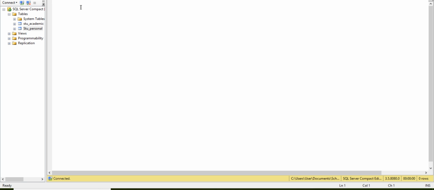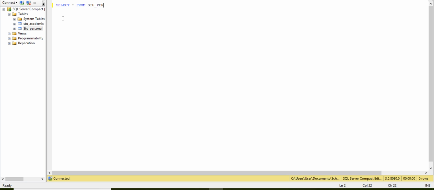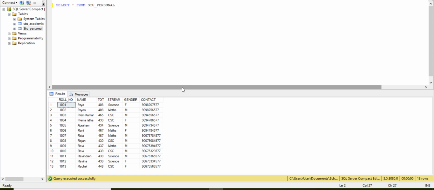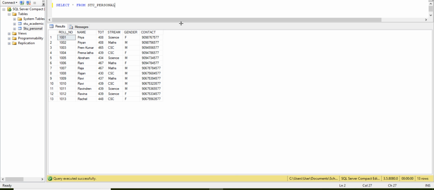If you say select all star from student personal, you can see the student personal table. If you want to check all the records, you can see all the records directly. It's user friendly, you can see the table directly.